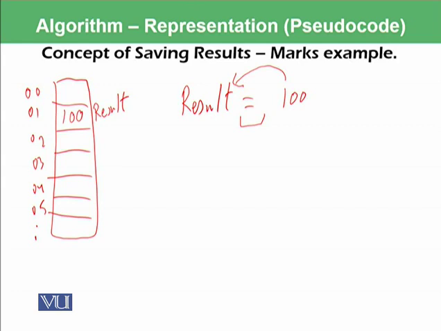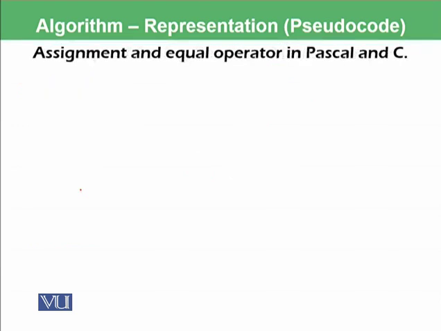So you can also use any other names. For example, you can say Celsius is 99, which means you are representing temperature in the Celsius scale, and you are assigning the value 99 to this C, and C would be stored somewhere in the RAM, and 99 would be assigned. So you should not confuse yourself between the assignment and equal operators. As we mentioned, in mathematics this is equal,